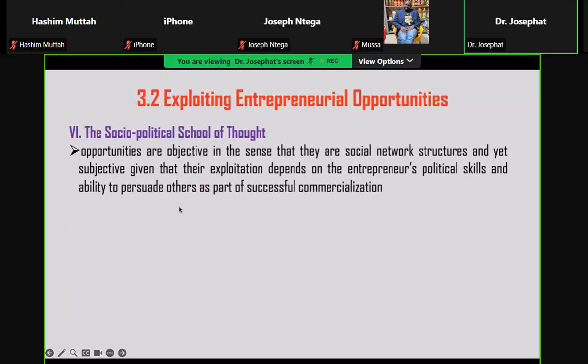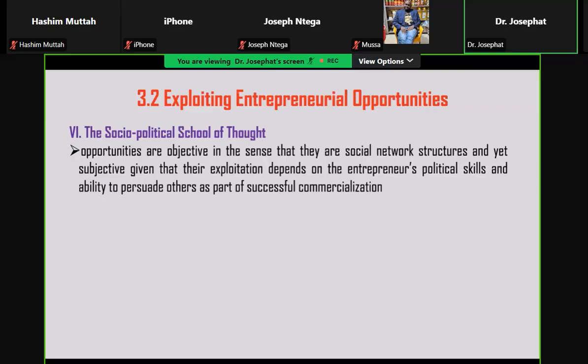And lastly, we talk about the social political school of thought. Opportunities are subjective in the sense that they are social network structures, and yet subjective, given that the exploitation depends on entrepreneurial political skills and the ability to persuade others as part of successful commercialization. So social political school of thought iliunganisha two concepts. Concept ya kwanza ikawa ni ya social society na concept ya pili ikawa ni ya political siasa. So na hii school of thought wanaongelea kwamba